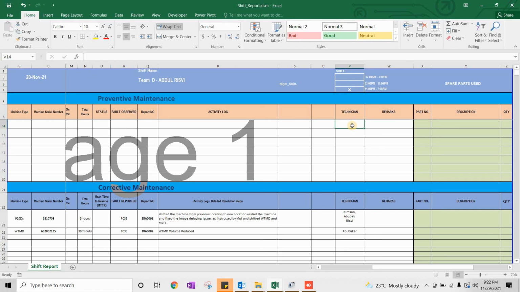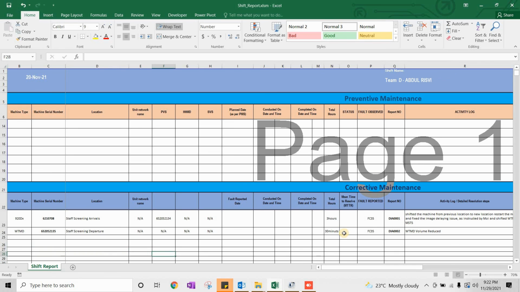One guy is enough for workstation PM. We shouldn't be using three guys to make PM. Same for the CMs, if there are some small issues which somebody went to rectify, we should mention the particular guy's name. We don't need to mention everyone's name there.